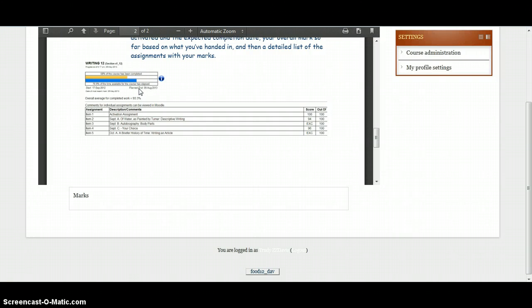That can help you keep on track, because if you have only completed a little bit of the course and your time is here, you know that you have some work to do and you need to get caught up very quickly. All of your assignments will be listed here along with your scores. For Writing 12, they have some options, so you will see excused there, but not for the foods courses. If you see a red dot, however, it means that you have not handed that work in.